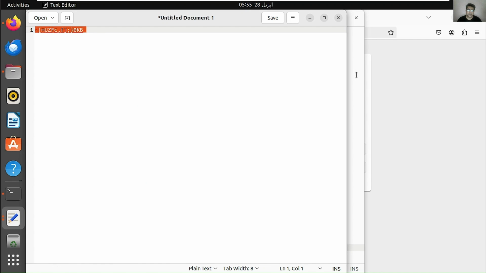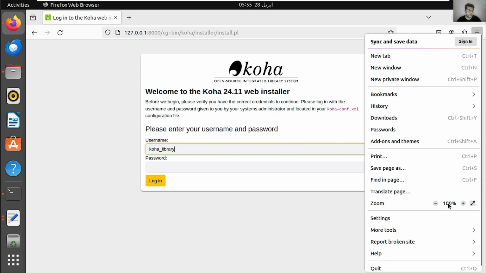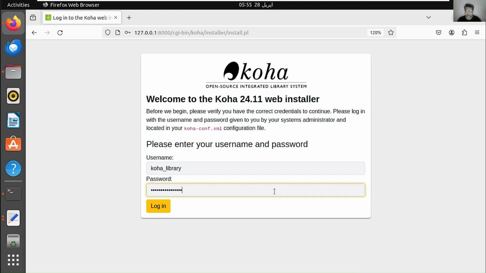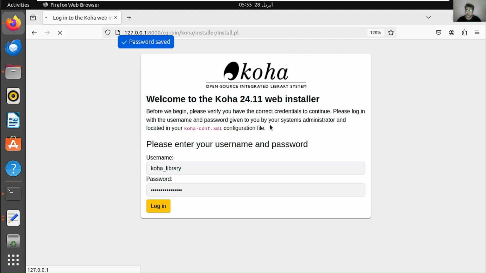So let me copy this. Koha underscore library, that is our instance name. I can make this bigger so you can see easily. And there I need to put that password. I can save for now.